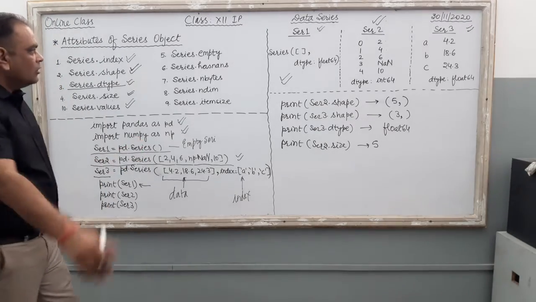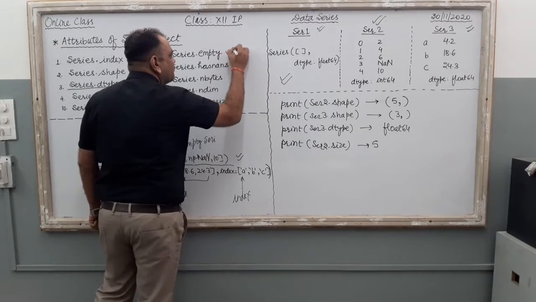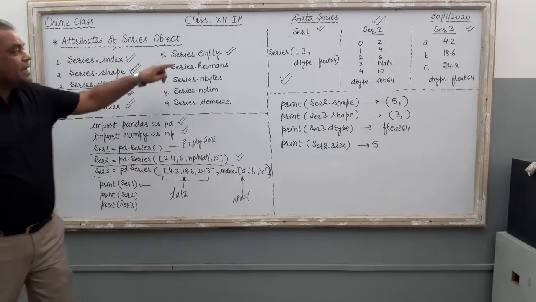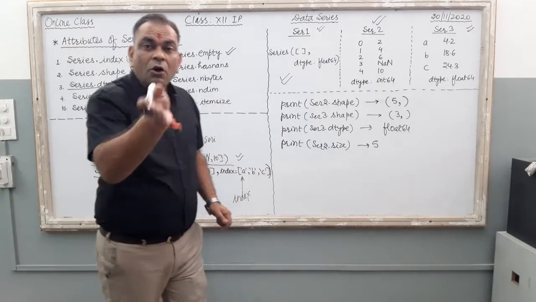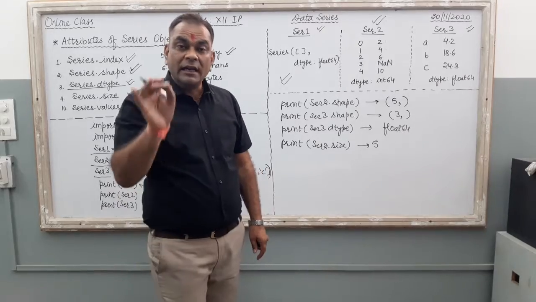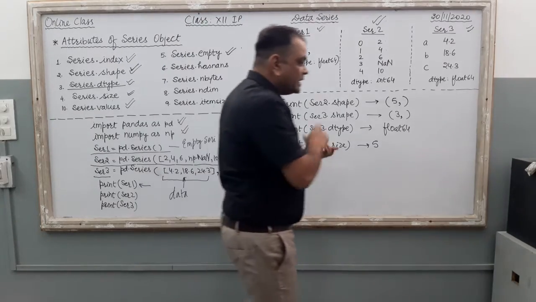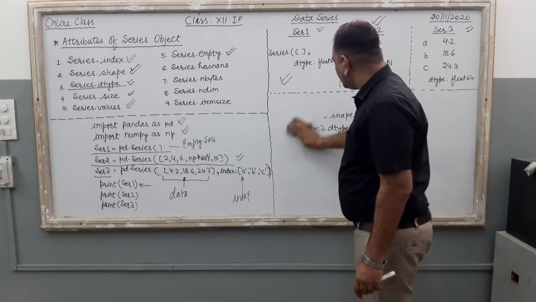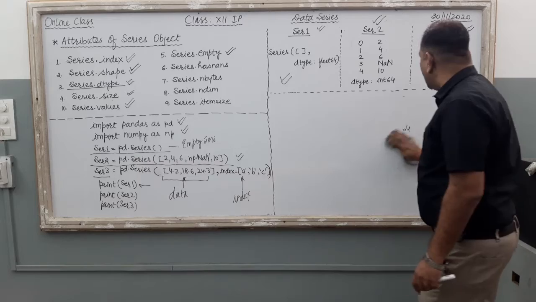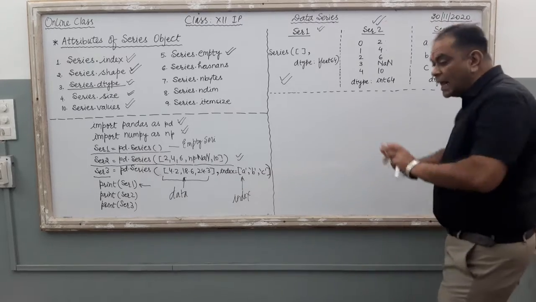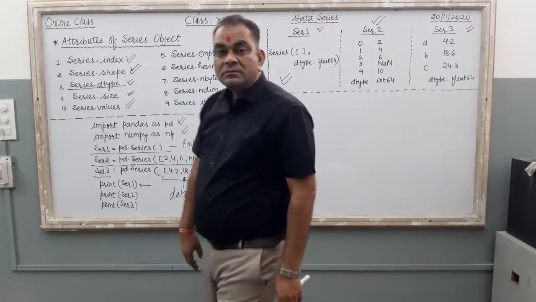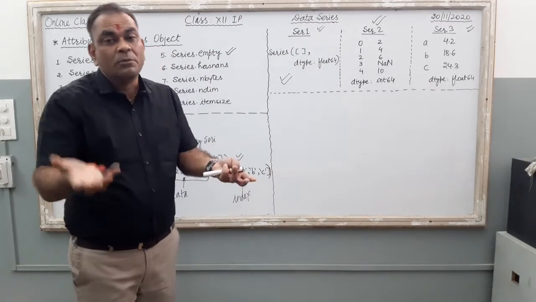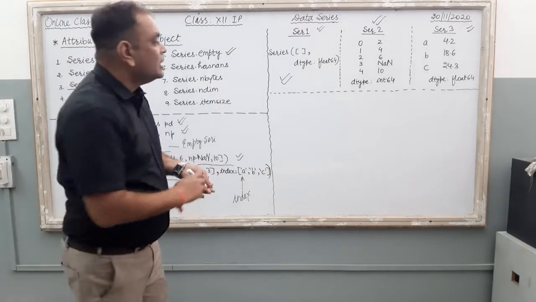Clear? Now the next thing, series.empty. This attribute, the very first thing to keep in mind, shows either true or false on the monitor. Only true or false. Just see, if I use this attribute with my 3 different series, what will happen? Just check it out. If the series is empty, if the series is blank, then the result is true. If the series has some data items, then the output is false. If it is not empty, it means false. So just check it out.